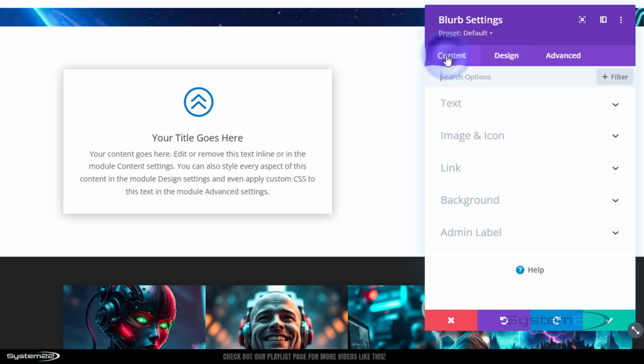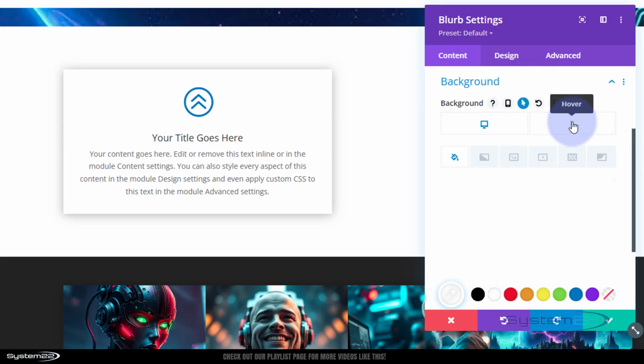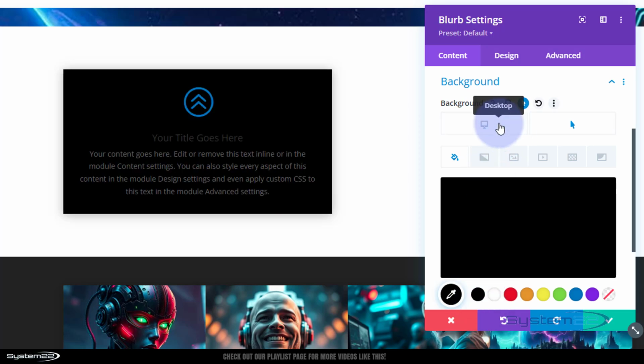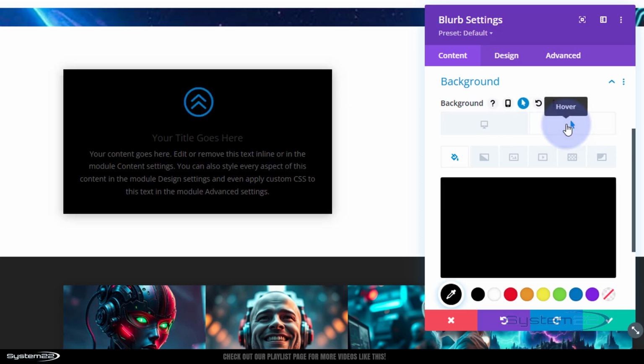Let's go to our content, to our background. Initially, we've got this white background. Again, we're going to roll over, hit the little arrow, go to the hover state. Now I'm going to make the background black. So you've got black when they hover over it, white when they don't. But of course, we can't read that writing very well, so we want that to change to white when they